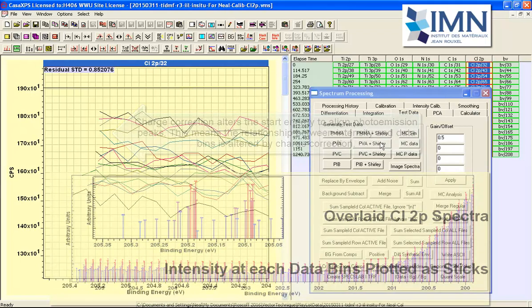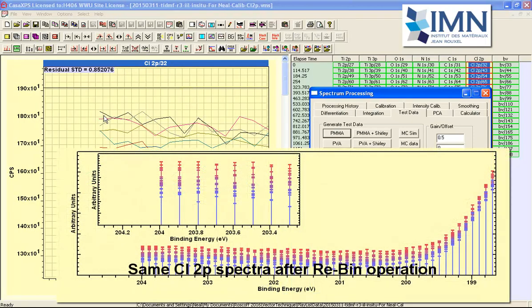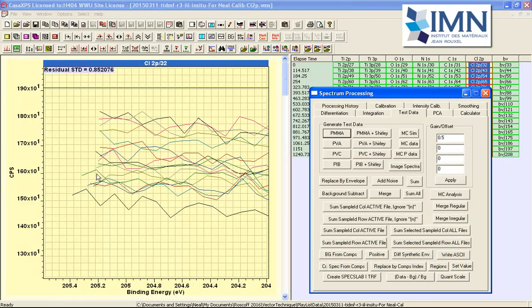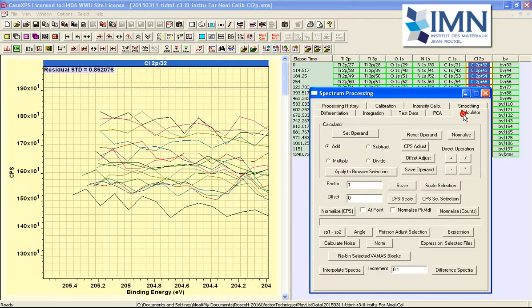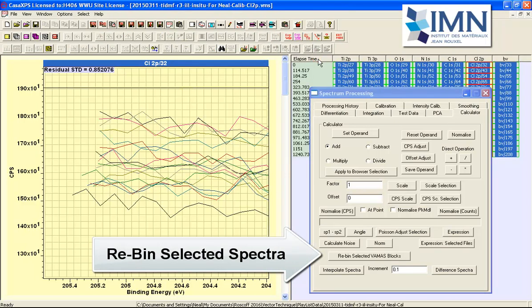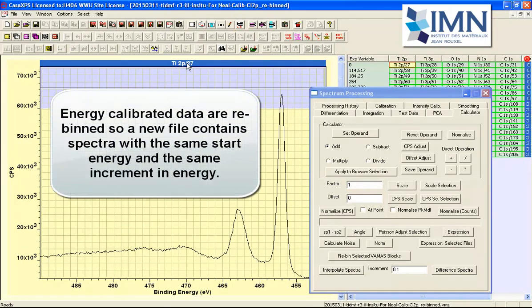And if we're going to do any processing that involves principal component analysis, or the other one is merging data in a regular sense, then what we'll need to have is all of these bins reassigned and realigned so that we have a single start and increment for each one of these spectra, even though at this point that's not true. And we can do this using the calculator property page, and there's an option here that says rebin selected VAMAS blocks. So if I select these VAMAS blocks and then I press the rebin,